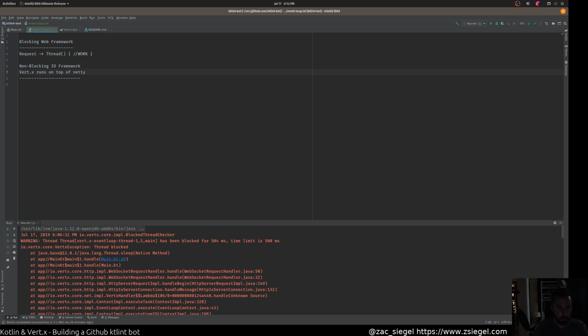And Netty is a very high performance framework based on non-blocking I/O, and it goes a whole number of steps further than, say, the built-in non-blocking I/O APIs in Java, for performance and all sorts of different reasons. But Vert.x runs on top of this, and if we visualize what this is really doing, right, is